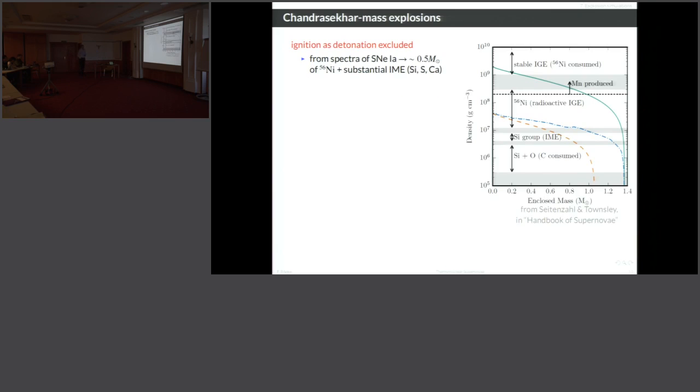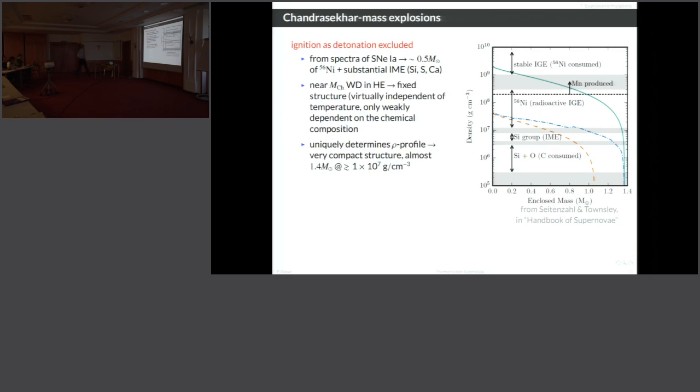The second, stronger argument, however, is due to the structure of white dwarfs of Chandrasekhar mass at hydrostatic equilibrium. We know from observations of spectra of type 1a supernovae and from the gamma rays that a type 1a supernova should produce about half a solar mass of nickel-56 and substantial amounts of intermediate mass elements, silicon, sulfur, and calcium, and so on. Now, near the Chandrasekhar mass, a white dwarf in hydrostatic equilibrium has a fixed structure which is virtually independent of temperature and only weakly dependent on the chemical composition. So this uniquely fixes the density profile of the white dwarf